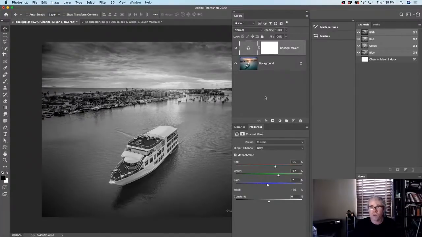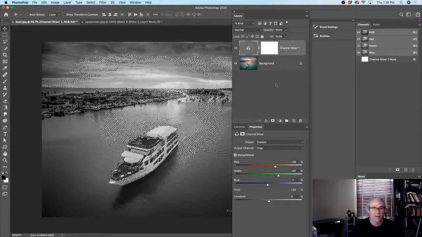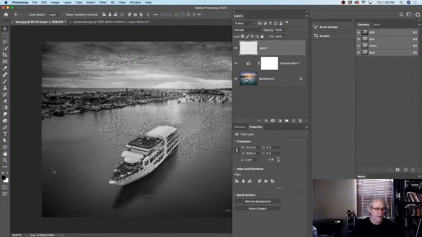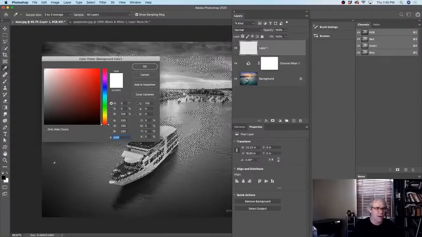Well, if you want to identify the colors, you can actually control click in the channels. So say I want to select, which is, once again, another form of luminosity masking. If I want to identify the tones, say in the blue, if I click here, this is going to give me all the bright tones in the blue channel. And in fact, if I just fill this with white,